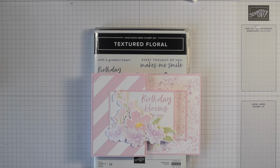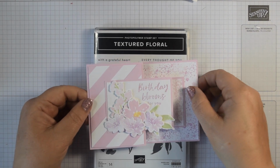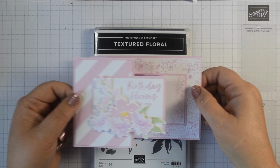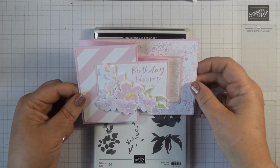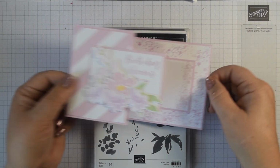I'm Heidi Smith. I'm an independent Stampin' Up! Demonstrator based in the United Kingdom, and today I'm sharing a project that I made for the Inspire Create Challenges design team, and this is Case the Designer. There was a lovely Z fold by Karen Farker that we were asked to case, so this is my